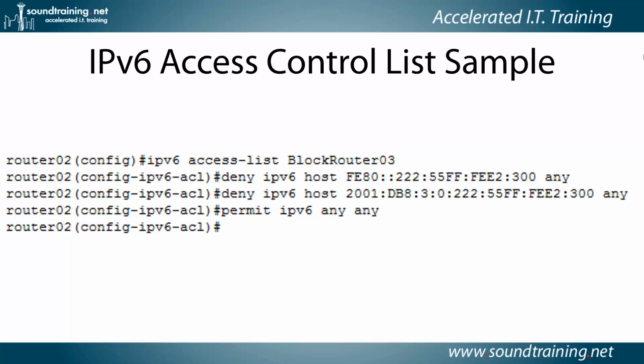Here's an example of an IPv6 access control list syntax. This is just a very simple list. We use the command in global configuration mode ipv6 access-list, then the name of the list, in this case block-router-03. Then 2 deny statements. The first one denies IPv6 traffic from the host at FE80 and so on. I'm not going to read the whole IPv6 address to you, but that's the source. So just like IPv4, it's source then destination, and in this case going to any destination. The next line, very similar, deny ipv6 traffic from host 2001, etc., going to any destination. And then at the end of the list, because of the implicit deny any, we put a permit ipv6 any